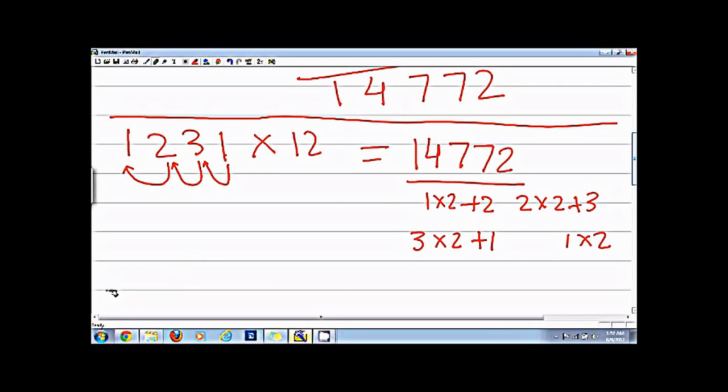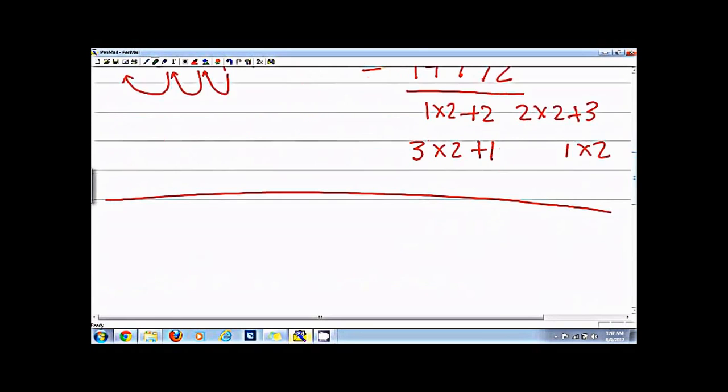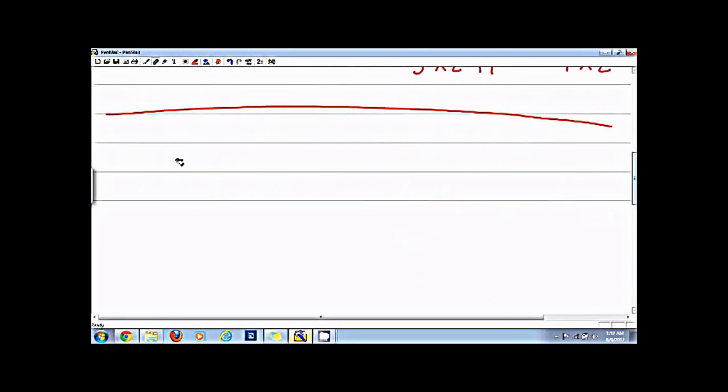So let's take another example. If I have to multiply 1, 2, 1 and 2, and we have to multiply it by 12. So in this case, let's do it again. So first I will write 1 here because the first digit is 1, and then I'll say